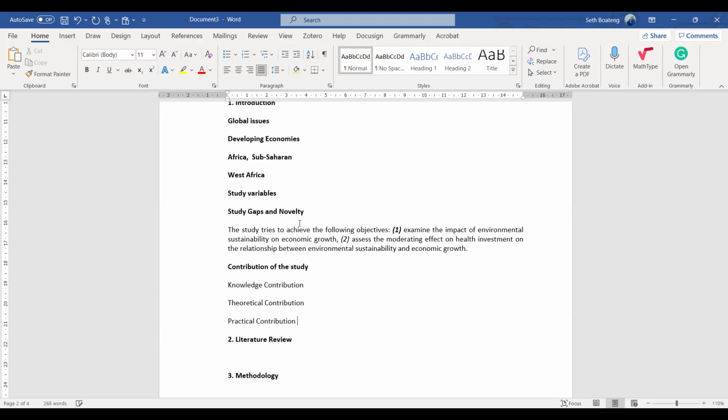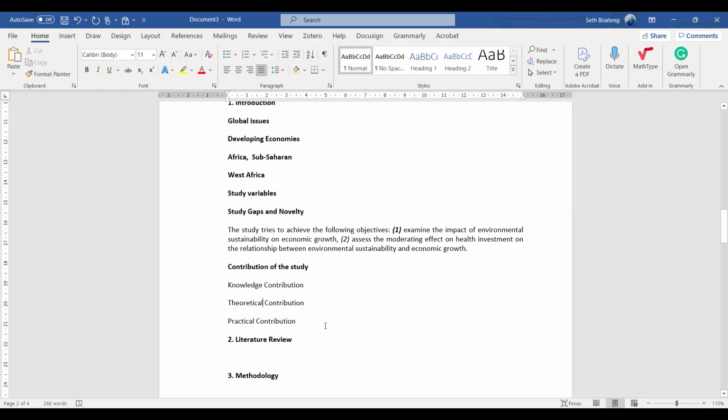So what can you give on these three things in your study? How is your study contributing to theory? Is it expanding theory? Is it challenging a particular theory? Is it providing or bringing a new theory? So is your study introducing a new theory, challenging existing theory, or contributing to existing theory?